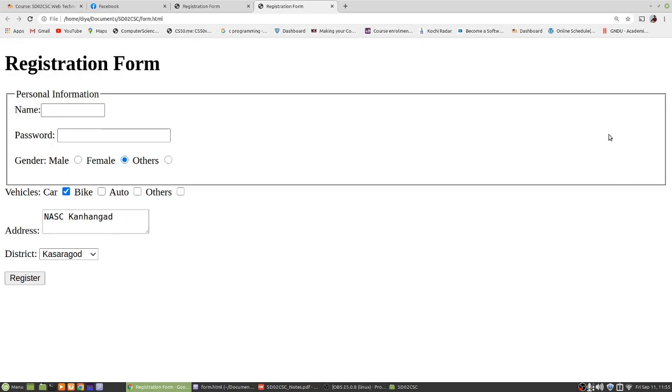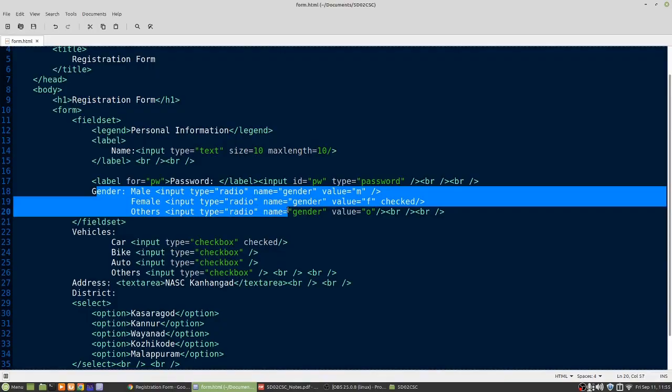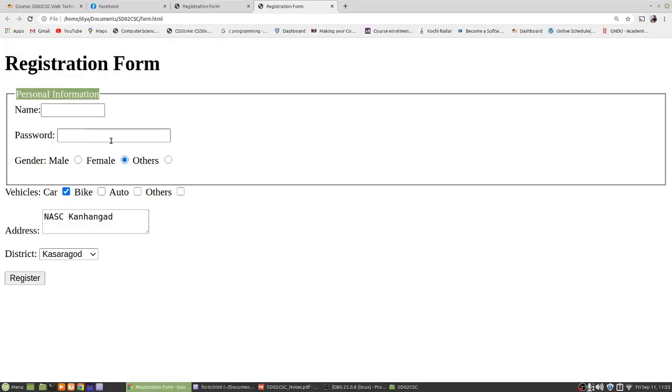You can see now there is a grouping of elements. See, this is the legend that we have given, personal information, and there is a box coming around the two controls. In fact, there are three controls, name, password and gender, because we have a name here, password here, gender here. So all these are grouped.